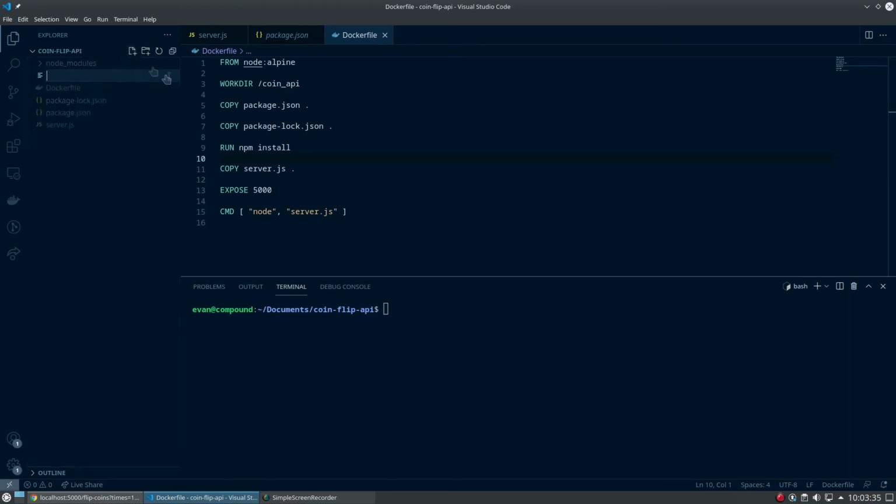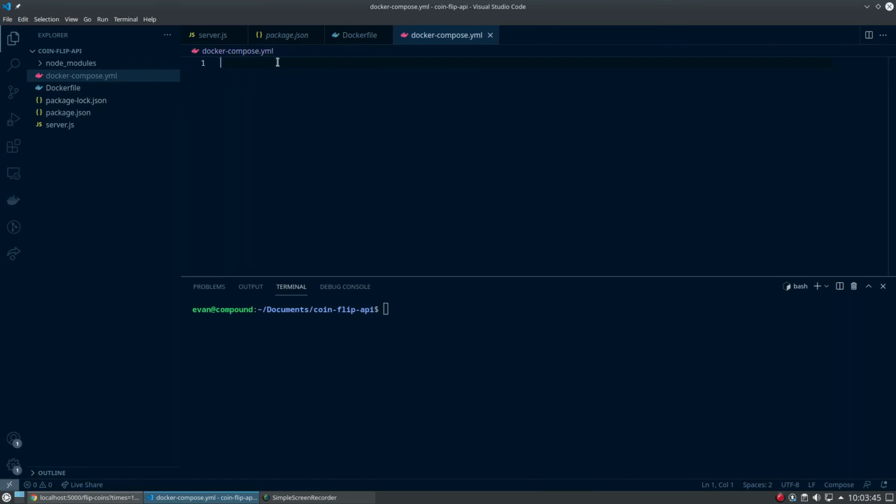I'm going to go a step further. Because we're going to be messing around with cAdvisor, Prometheus, and Grafana, we're going to want to throw all of those into a docker-compose.yml. Reason being so that when we set up our monitoring, it's all provisioned with one command, which will just be docker-compose up. So in my docker-compose YAML file, I'll just define the coin flip API, specifying version 2 for